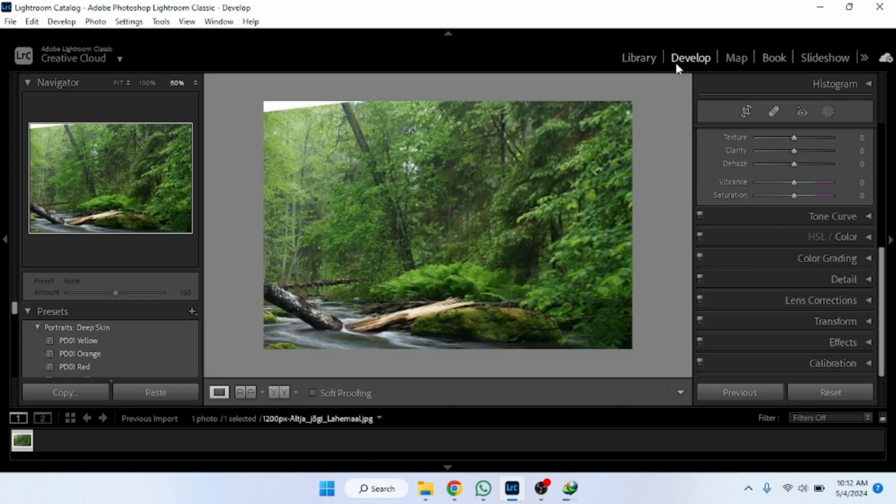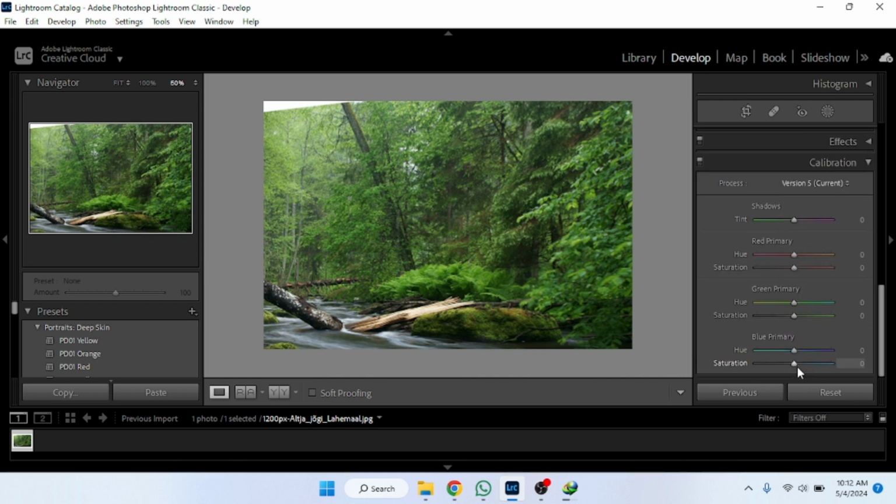to the develop section. After going to the develop section, as you can see, we have to scroll down, and here you will be able to see the calibration option. We have to click on this, and after clicking on this, you will be able to see all the